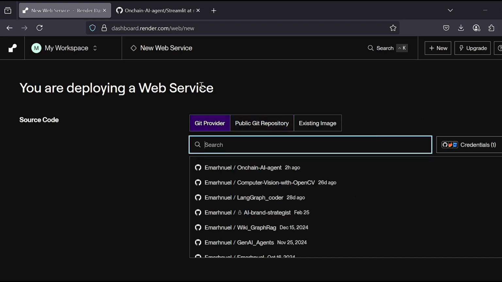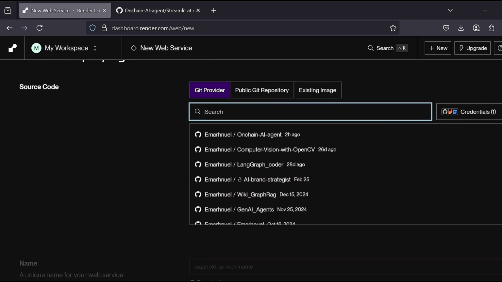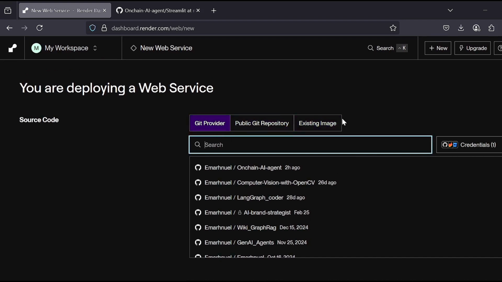Also, if you are signing up, please sign up with your GitHub credentials, because if you don't, then you still have to connect your GitHub profile with Render. So signing up with your GitHub credentials is much easier if you want to deploy any code on Render. Yeah, so when you click here, you see search. It will show you your latest projects on GitHub. You can see we have the Onchain AI Agents project. You click on it,